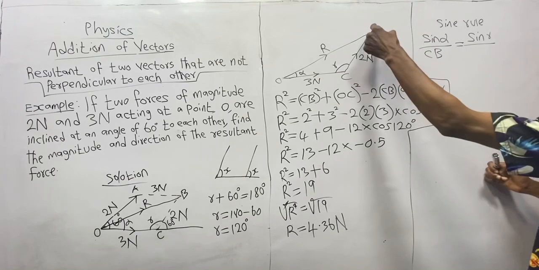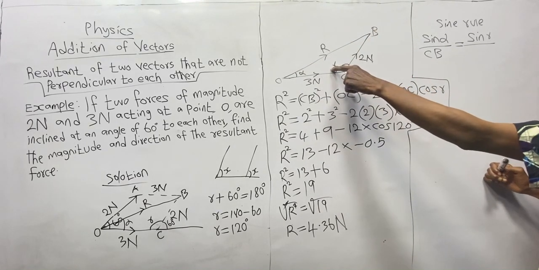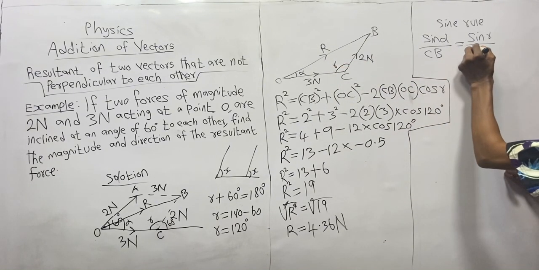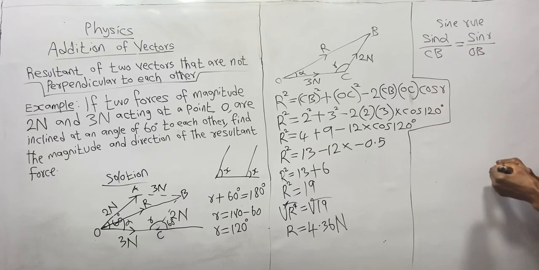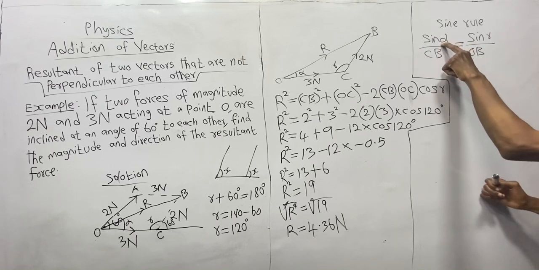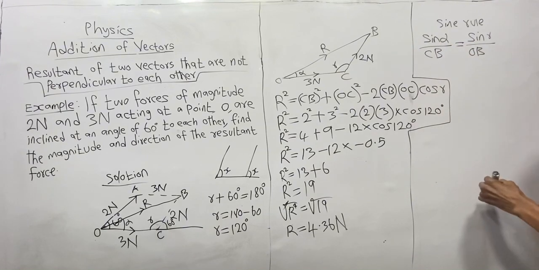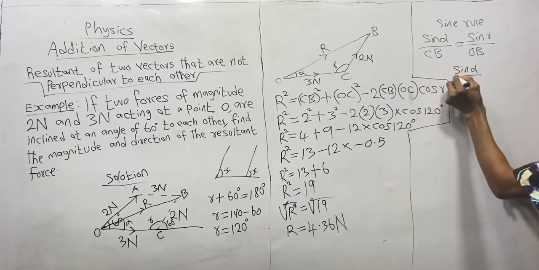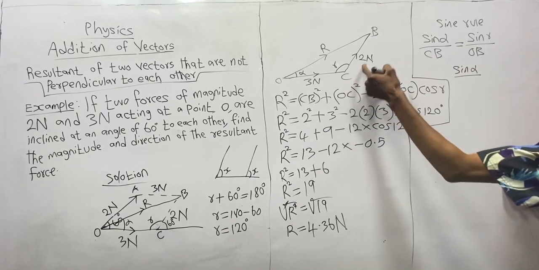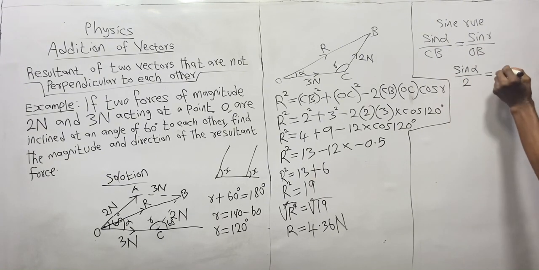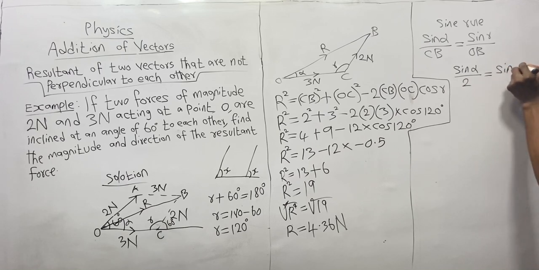So sine R divided by what? The side that is facing what? The angle R, and which is your what? Your side OB. So with this sine equation, we can find our what? Alpha, which is the direction of the resultant force. So from here now, we now have sine alpha all over side CB. Side CB is what? 2